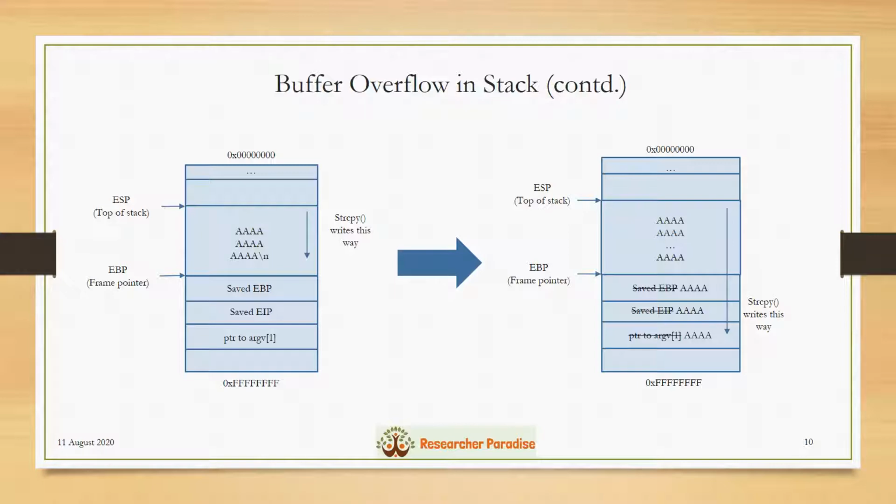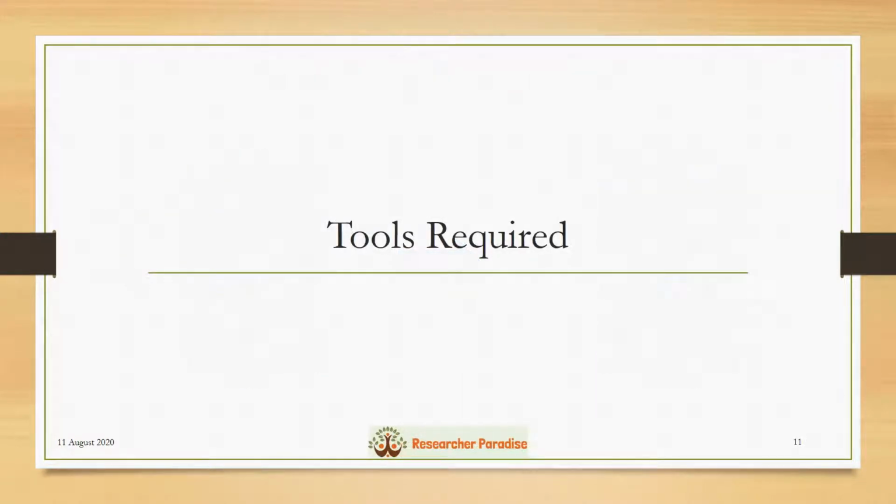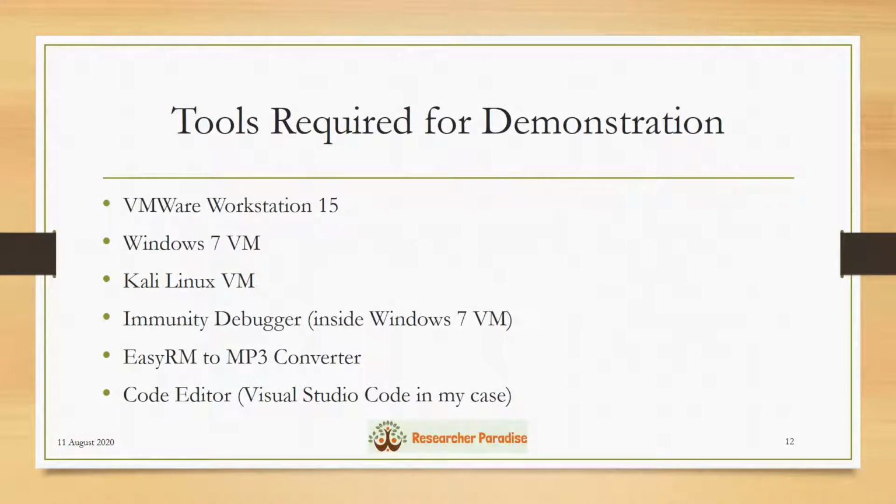Now that we are done with the theory part, it is time to move to the tools that are required for this demonstration. For performing this buffer overflow attack, I have used VMware Workstation 15 as the hypervisor software on my Windows 10 machine. Inside VMware, I have created two VMs. One is Kali for preparing the exploit codes and acting as the attacker machine, and the second one is Windows 7 32-bit VM with the following softwares installed in it: EasyRM to MP3 converter, which is our vulnerable software, which is vulnerable to the buffer overflow attack,